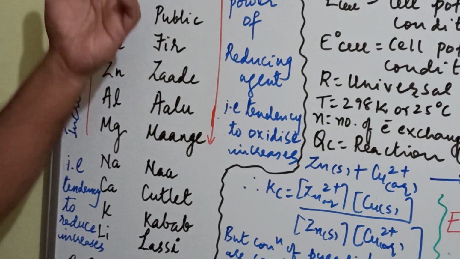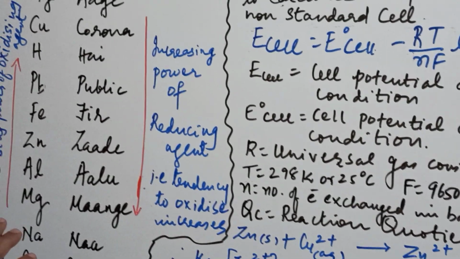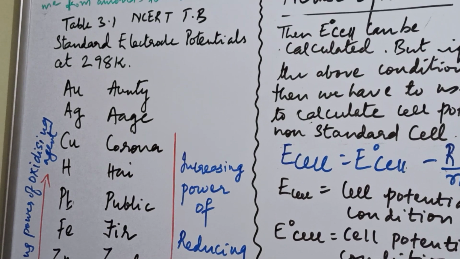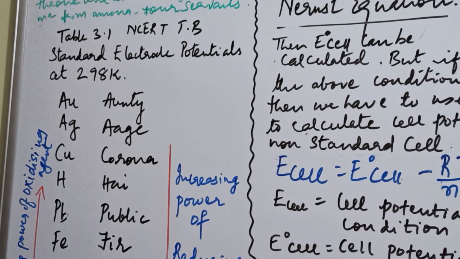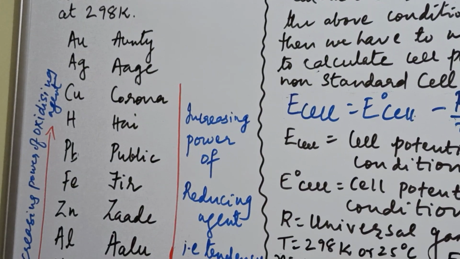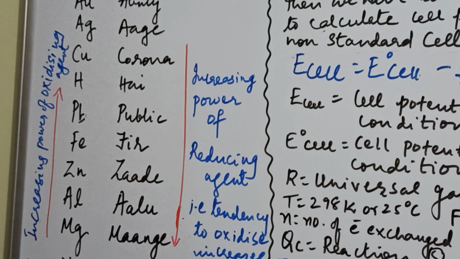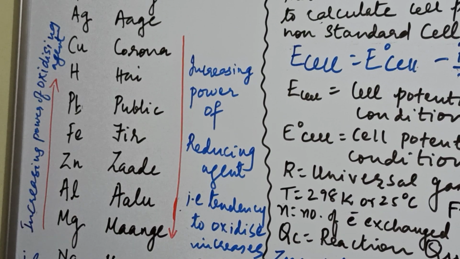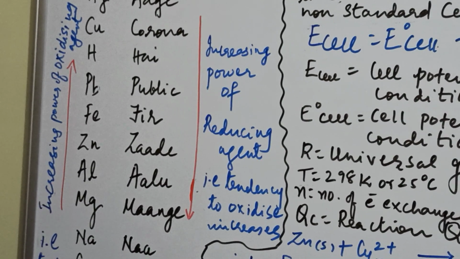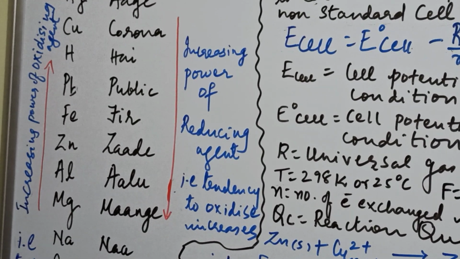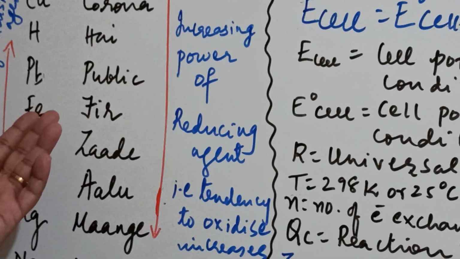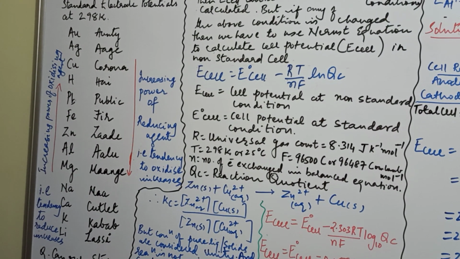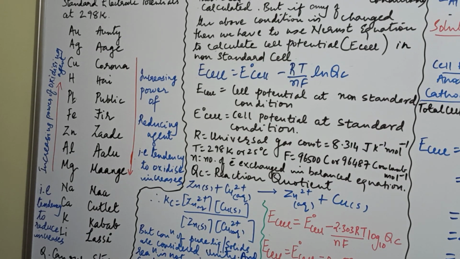You need to remember these because these are all the elements on which there are normally numericals based on electrode potential asked in the joint entrance examination as well as the NIT examination. So from the competitive exams point of view, I am making you remember this. Otherwise, during our boards, naturally they are going to give the standard electrode potential of all these elements at 298 K. The data will be given in the numerical.